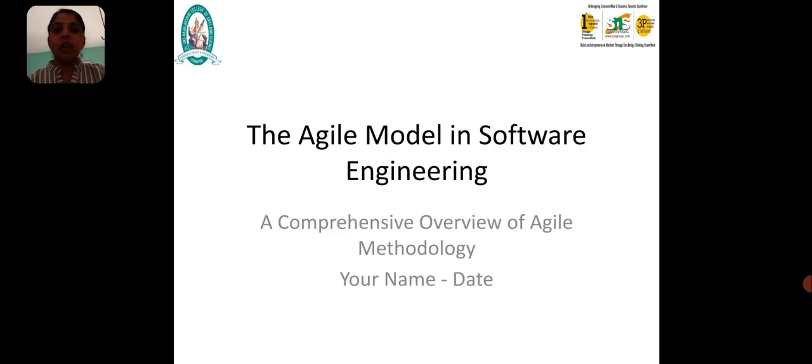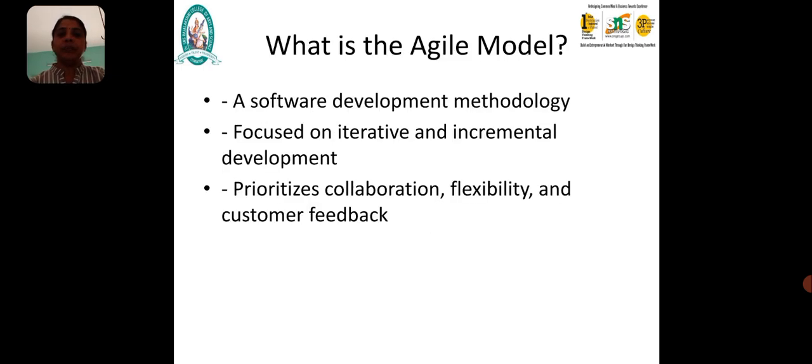So the agile model in software engineering. The agile model is a software development methodology focused on iterative and incremental development. Incremental means each and every time they have to involve the customer requirements and change accordingly. It prioritizes collaboration, flexibility and customer feedback. Okay, next,